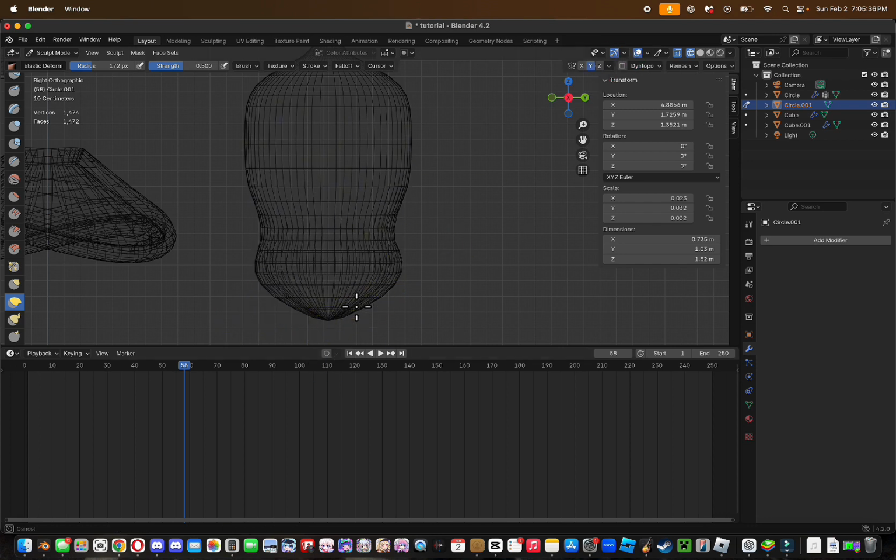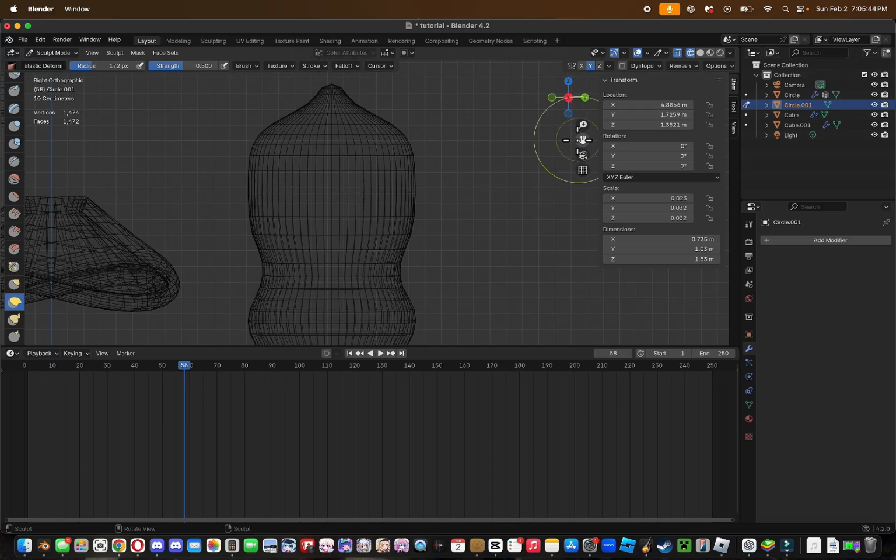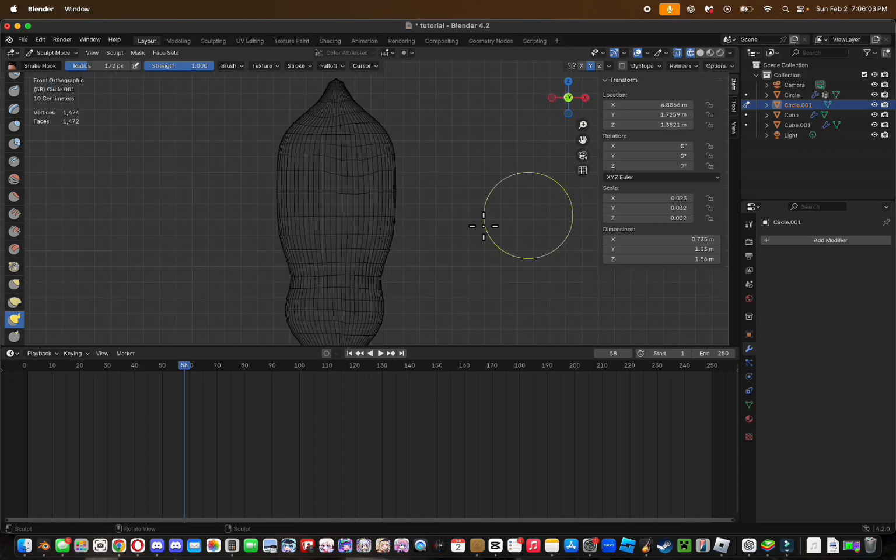symmetry on, up to that area, go up, snake hook, push that in, down, stretch. Oof, maybe not that much. Okay, side, inflate,